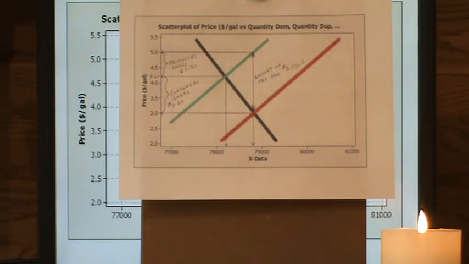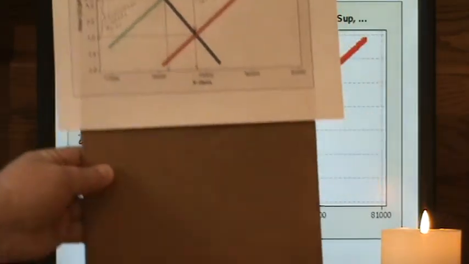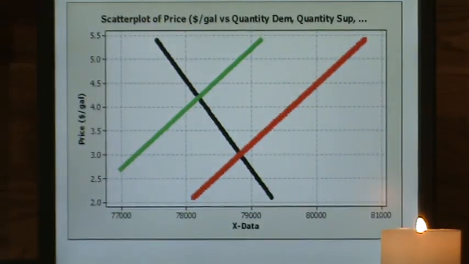Now, this is what's going on in the immediate run. I go to bed one night, I wake up the next morning, the price of gas has gone up. What can I do? Well, to cut back my consumption, frankly, not very much in the immediate run. Maybe I can call one of my coworkers and say, let's carpool to work. But other than that, I can't do much. On the other hand, as time passes, I'm able to make greater adjustments.